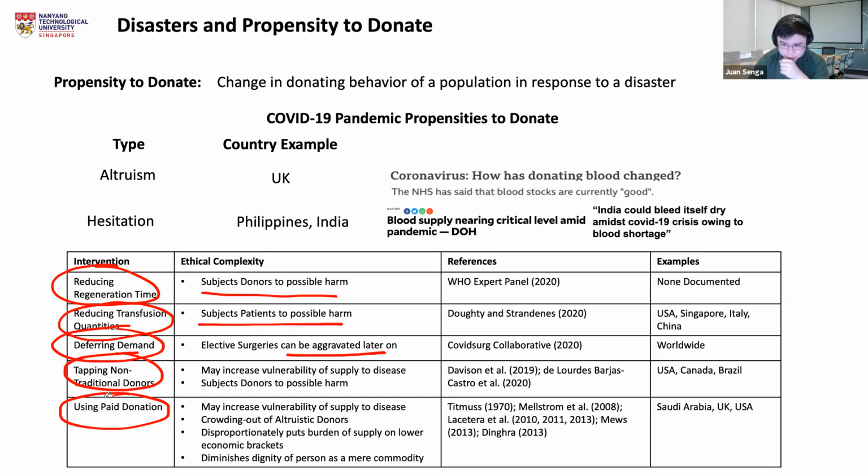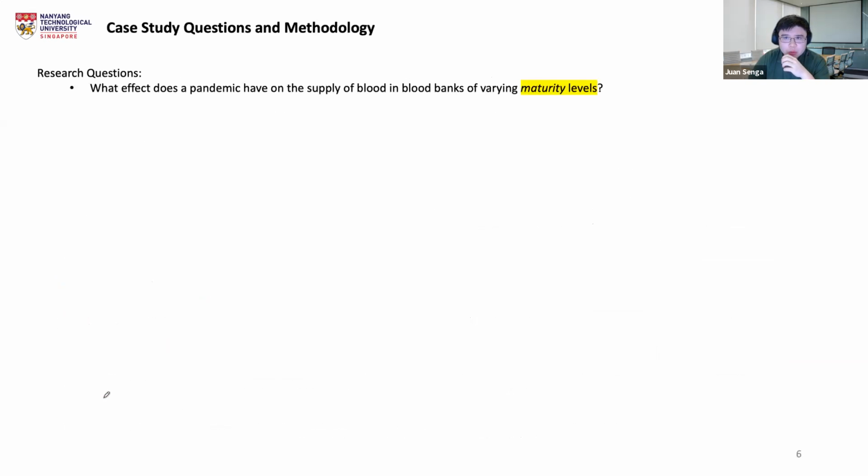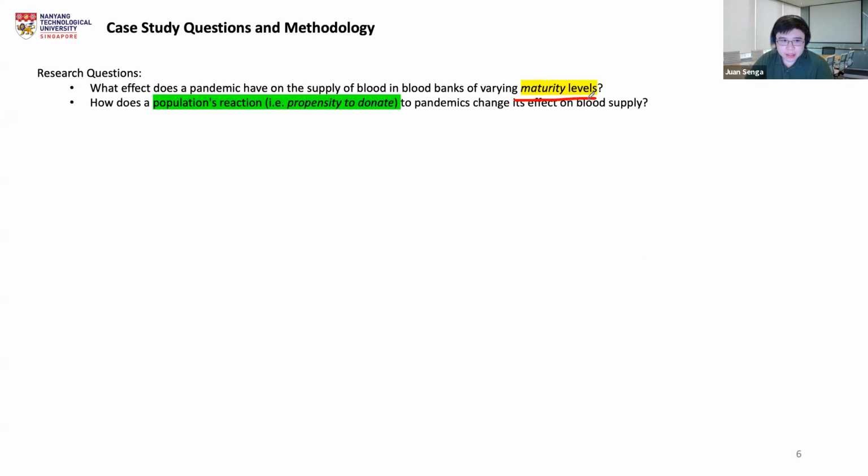voluntary blood donation. So let me focus on what we're going to be looking at in this research, or in this case study rather. The first question is, what effect does the pandemic have on the supply of blood in blood banks of varying maturity levels? I'll explain this more later on. The second is, how does propensity to donate during a pandemic change its effect on blood supply? And lastly, which of the ethically complex interventions I mentioned are effective during pandemics, and how does this change with